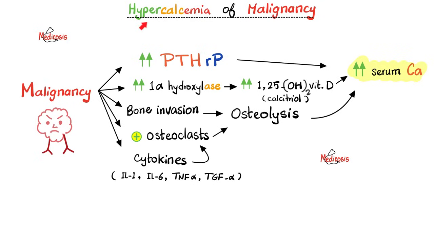Next, what is hypercalcemia of malignancy? So I have malignancy, I have cancer. By the way, malignancy means something very specific. It means a tumor. Is it a benign tumor or a malignant tumor? It has to be a malignant tumor. And malignant tumors are synonymous with the word cancer. So I have cancer. Whatever the type of the cancer might be, the following might happen.